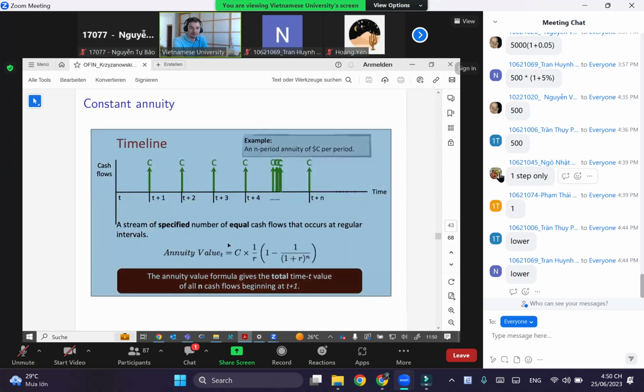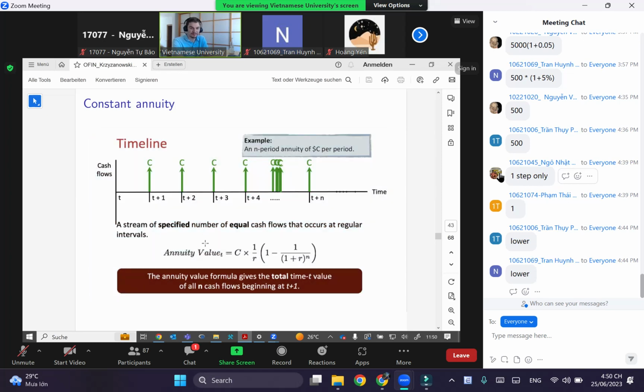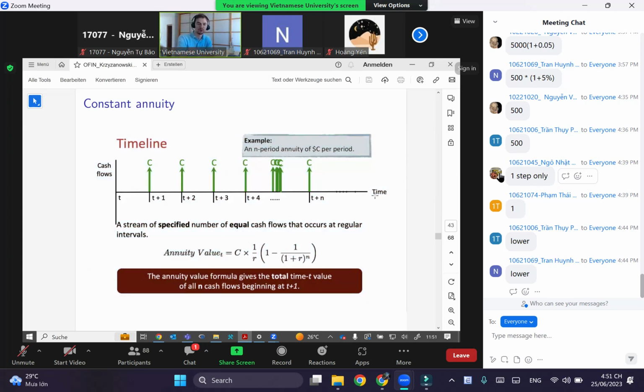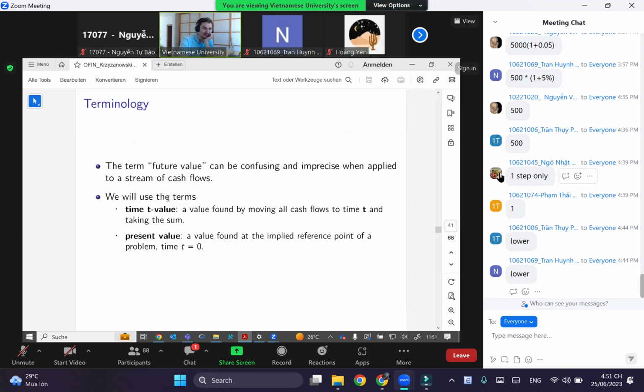And now the formula to basically calculate this constant annuity. Or put differently, the way you could calculate this constant annuity with the knowledge you have so far would be what? What would you do if I asked you for this time t to calculate what I described